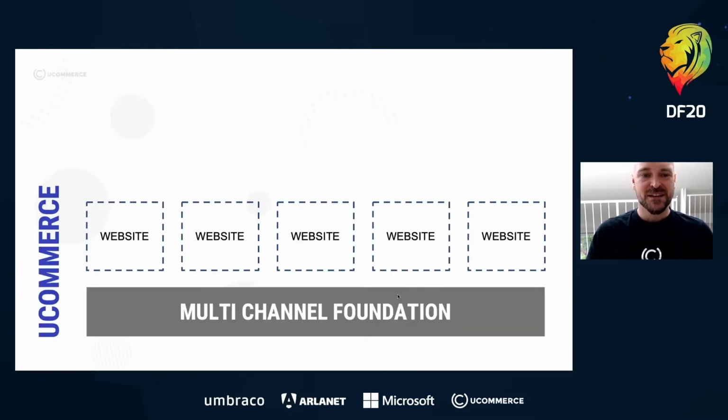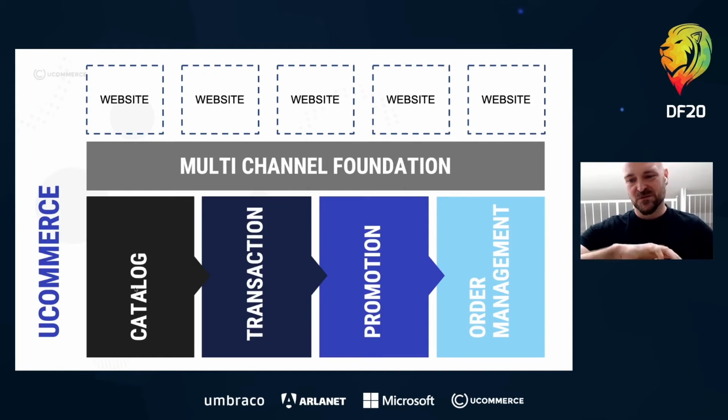And offline is all about supporting the retail stores. So the really cool thing is that when you have Umbraco and Ucommerce supporting it, you just set up multiple websites, which incidentally can also be stores. You manage all that in one central place, which is quite cool. All that is supported with the underlying platform that does catalogs, transactions, and promotions, same as we've always done for 12 years now. So it's just a really quick intro to what Ucommerce is, to give you some context for the next two things that we're talking about.